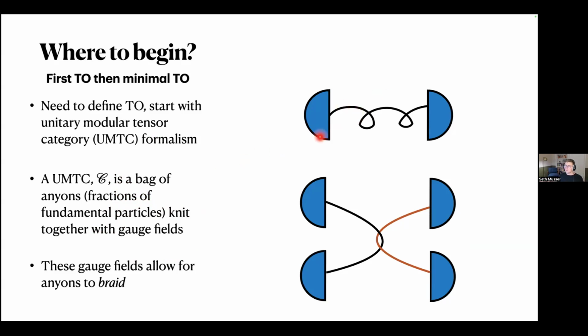So if we have our boson, let's say our background anyon is half of our boson, usually there's some gauge field which confines the two. But sometimes you can find them in their deconfined phase, and this gauge field, loosely speaking, allows for the anyons to braid. So we have this kind of braiding where we take anyons around each other and they sense their histories, to use probably some Quanta magazine article's description.